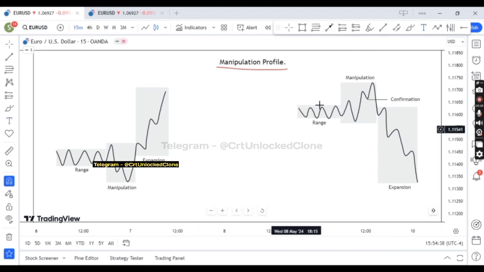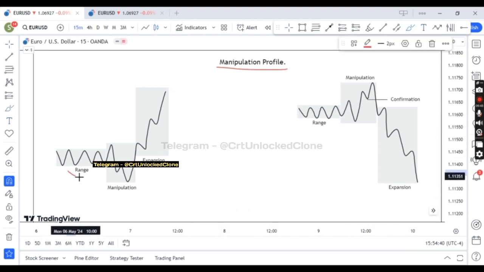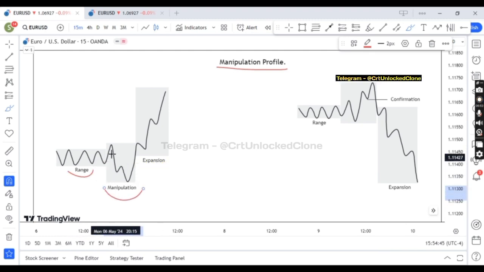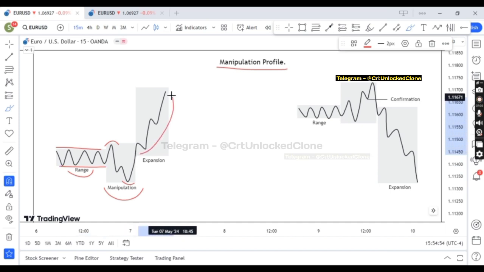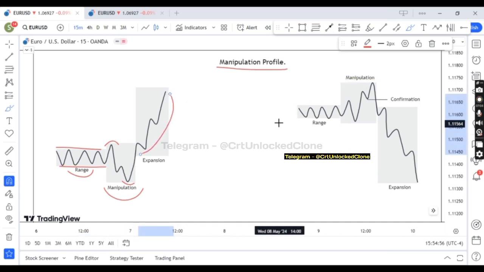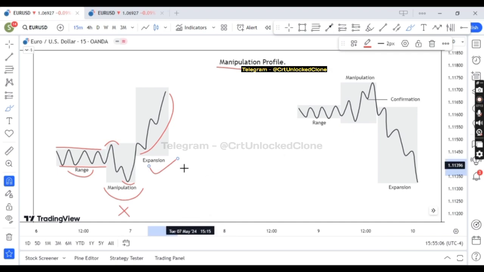Now the manipulation profile occurs or starts after a ranging profile. Now with this profile, the market takes both sides of the range and it takes out liquidity and manipulates the trader into a certain direction, and then it reverses in the opposite direction and expands, right? Now with this profile you can avoid getting caught in a manipulation, or what some people call a judo swing, right? Now you can trade this judo swing, but you for sure can never know or measure how far this